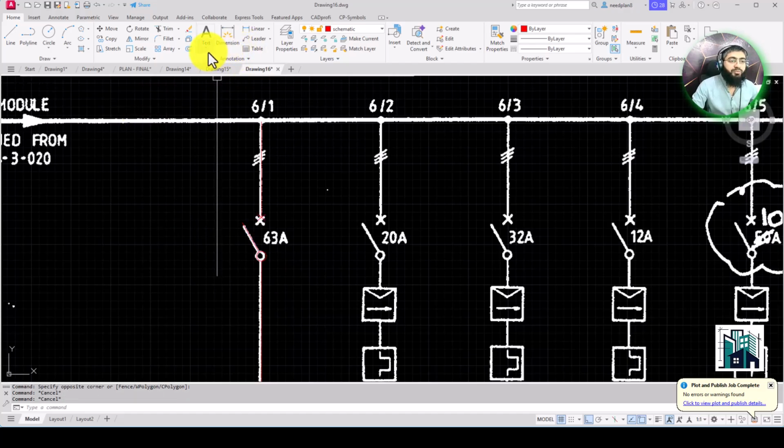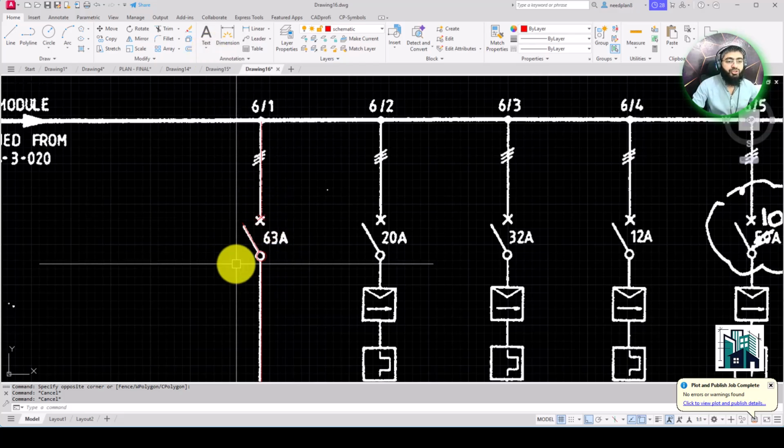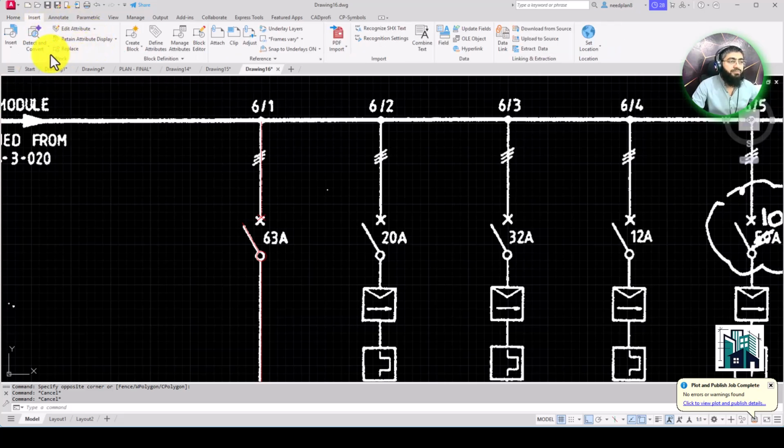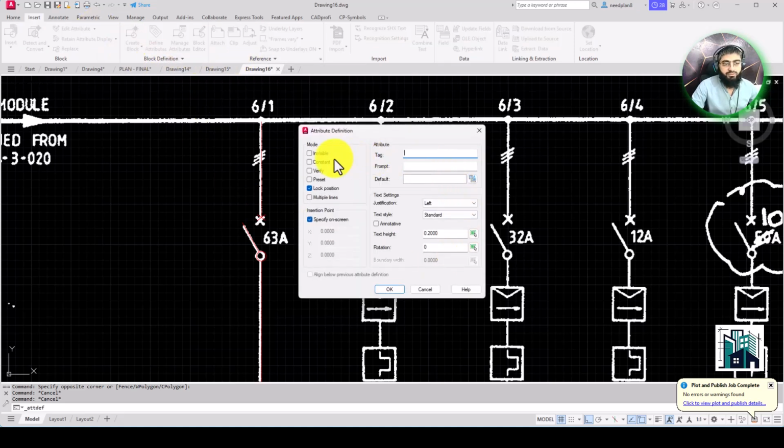So I'm going to put a text here because I want to make a circuit breaker with proper text. When you click the circuit breaker, the text will appear in front of you as well. So go to the Insert tab and go to Define Attribute and click here. Sorry, this one is different options: invisible, constant, verify, preset, lock position, multi-lines.